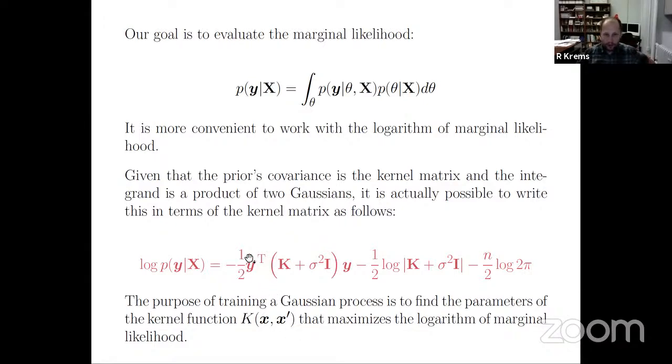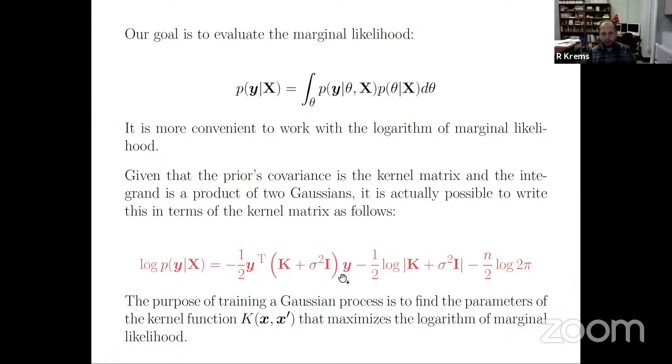Now, when you train a Gaussian process, you maximize this quantity by varying the parameters of the kernel function. To do that, you have to iteratively, I think there's a minus one here that's missing. So this should be inverted. So you have to iteratively invert the kernel matrix and calculate the determinant of the kernel matrix. Yeah, I apologize. So this should be to the power of -1, this whole thing in the parentheses.